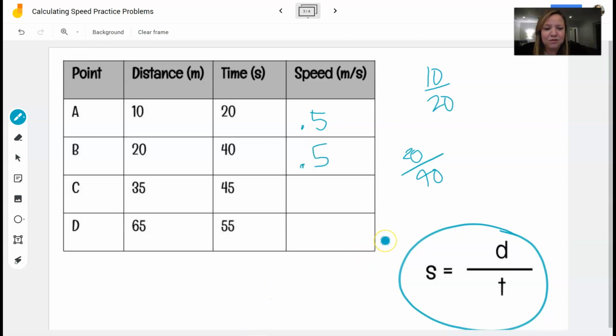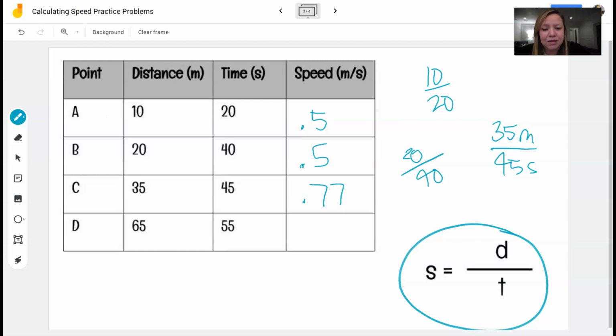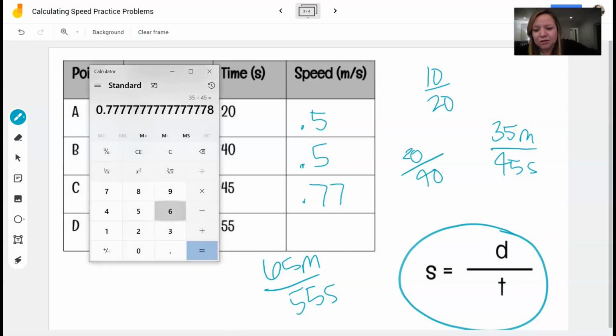Like I said, some of the math is going to be pretty easy, but it's okay to use a calculator to double check. At point C, it had traveled a distance of 35 meters in 45 seconds. So bringing back my calculator, 35 meters divided by 45 seconds gives me 0.7 repeating. And then at point D, this object has gone 65 meters at that point, and the time was 55 seconds. So 65 meters divided by 55 seconds is